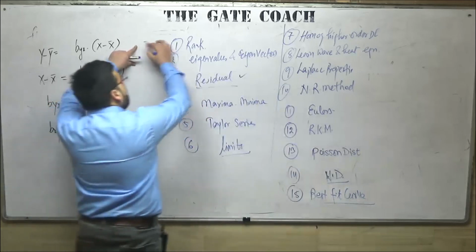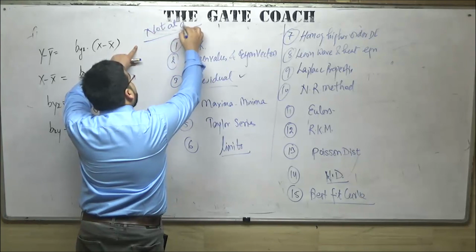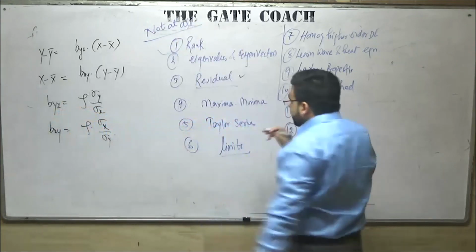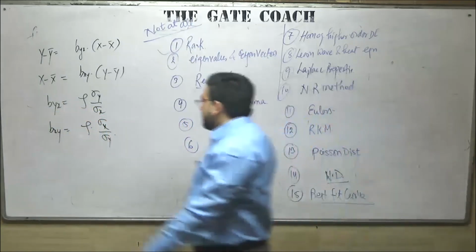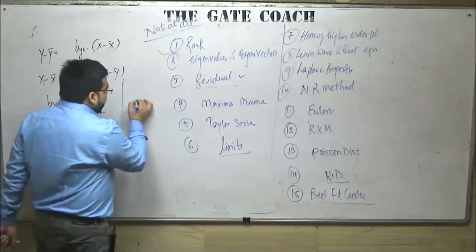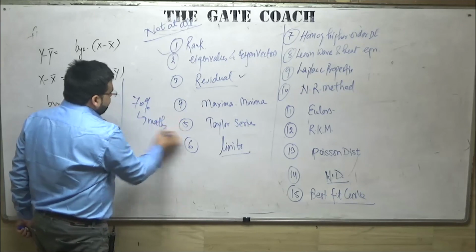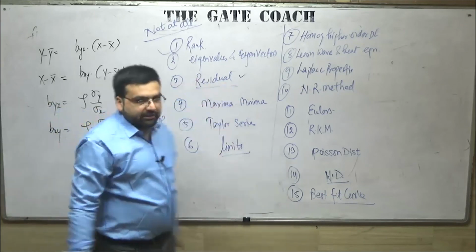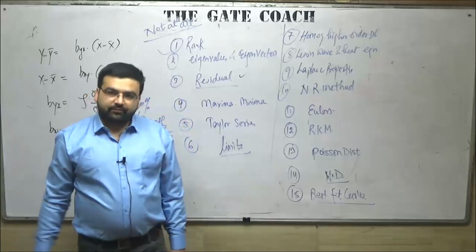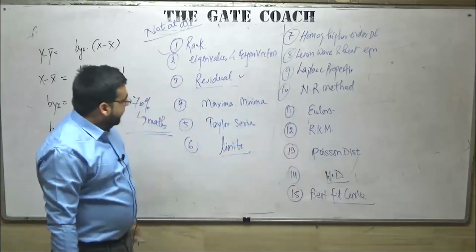If you have not prepared mathematics at all, just do these 15 topics, but they should be very strong. If you do these 15 topics very strongly, you will get 70% marks in maths, that is for sure, because 70% of the mathematics syllabus comes from these topics only. The rest 30% can be anything. So if you have not prepared mathematics at all, focus on these topics and you will get through in mathematics.